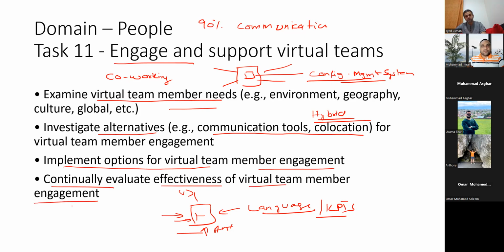That means the tasks they have been given, are they doing them on time or are they delaying the task? If they are delaying, we have to ask them, because as a project manager, I am a facilitator. So I have to ask them, what's the problem? Why could you not do that task? Is it because of training, because of understanding, because of a gap in communication? So we have to remove that communication gap.